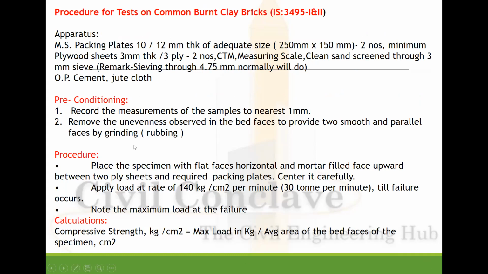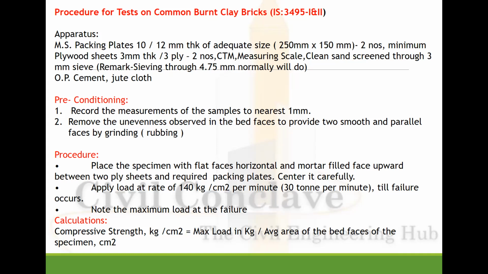Procedure. You require a packing plate 10 to 12 mm thick, of the required size of the bricks. Two plywood sheets, 3 mm thick. A CTM machine, cement and a jute sack. Precondition, recording the measurements: check the dimensions of the bricks as soon as they have been filled up. Remove any unevenness after applying the mortar. Place the specimen in the CTM machine